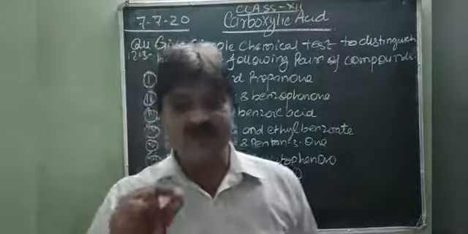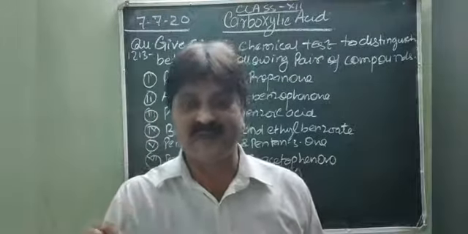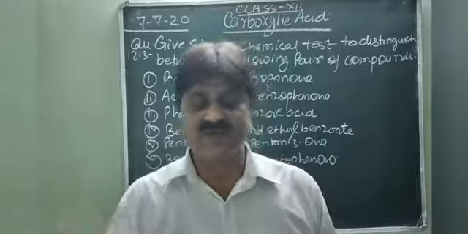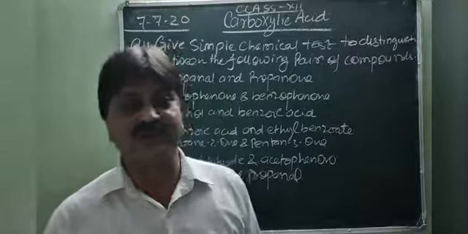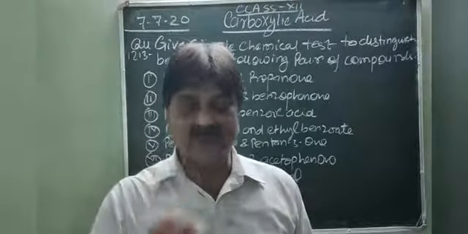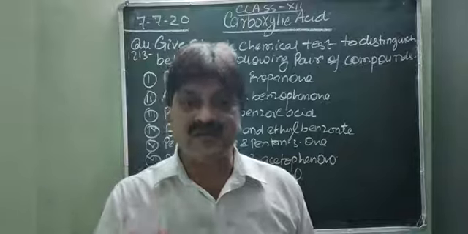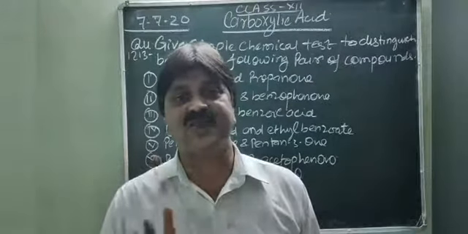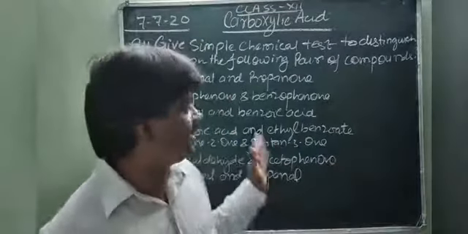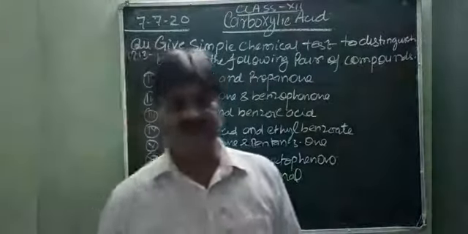Most of the time we see that students write only the test it will give, and that will also earn a mark, but the good way to write the answer is to include the chemical reactions for such types of chemical distinctions. So the first question we are taking here is propanal and propanone.